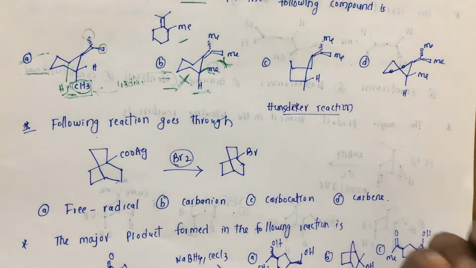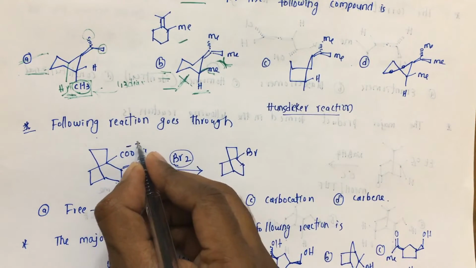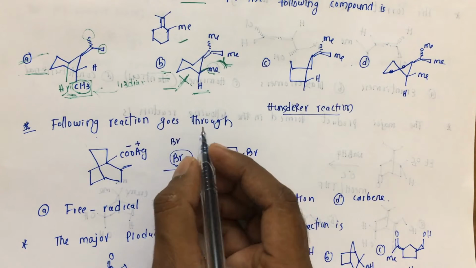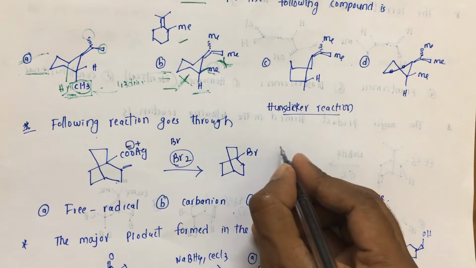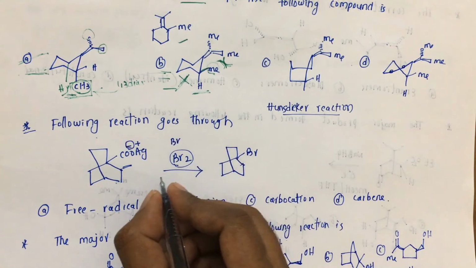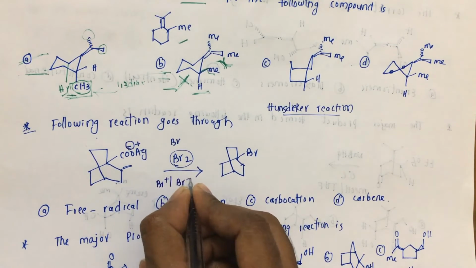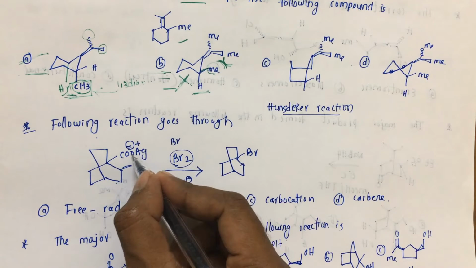In this reaction, initially this will get ionized to COO minus and Ag plus. Now we have Br, and the Br attacks this negative charge. Here the Br can exist as Br plus as well as Br minus, and this Br plus goes and attacks